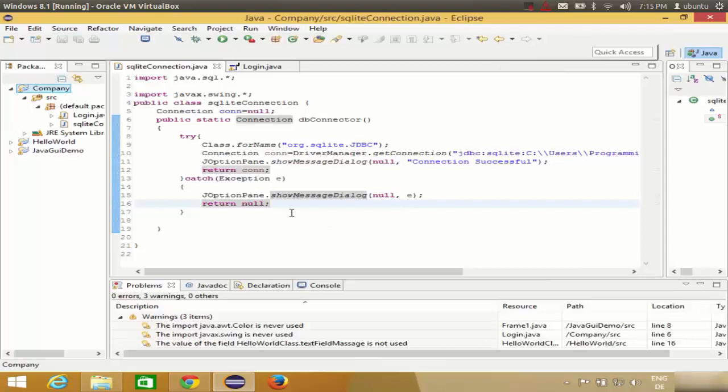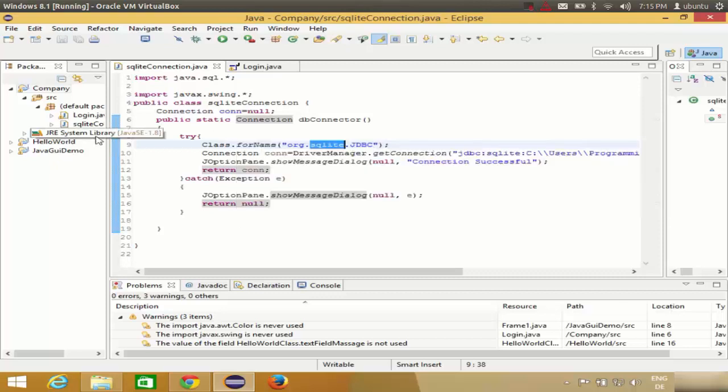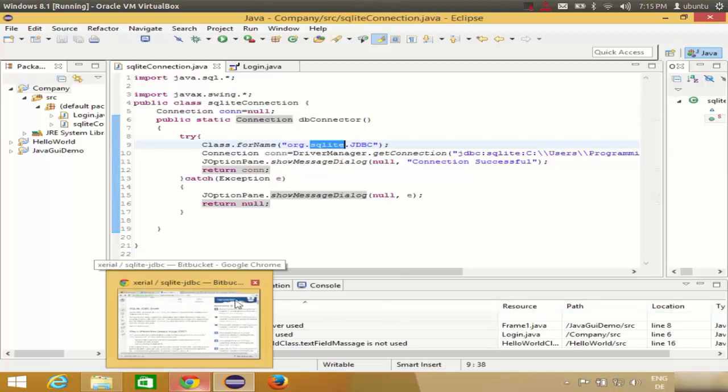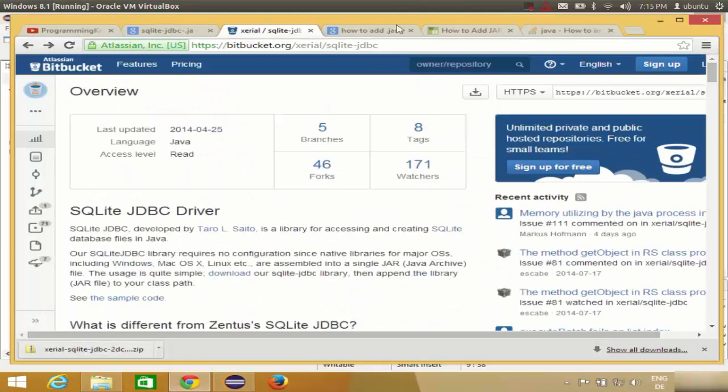So I found out the error. The error is I haven't added this SQLite JDBC jar file to my project. To use this SQLite database with Java in our project, we need to add some jar to our project so that we can connect SQLite to Java. To download this SQLite JDBC jar file, I will put this link in the description, which is